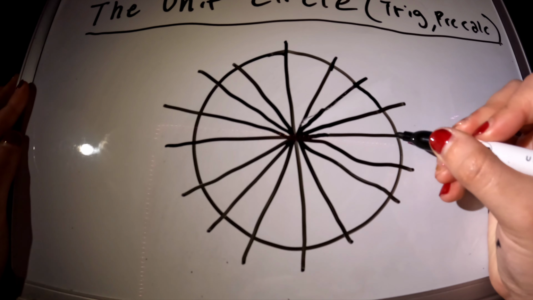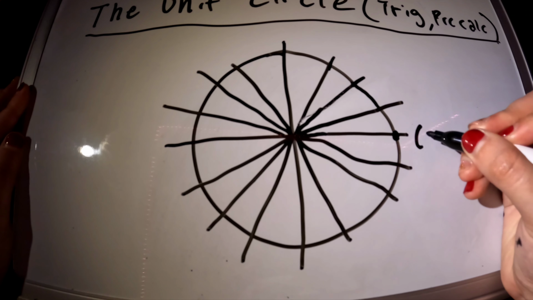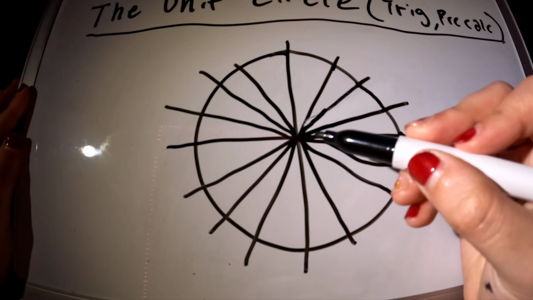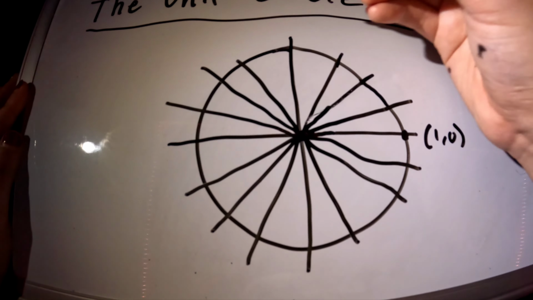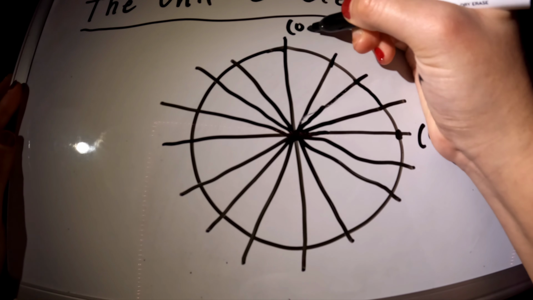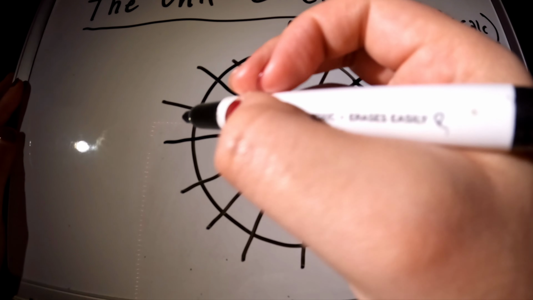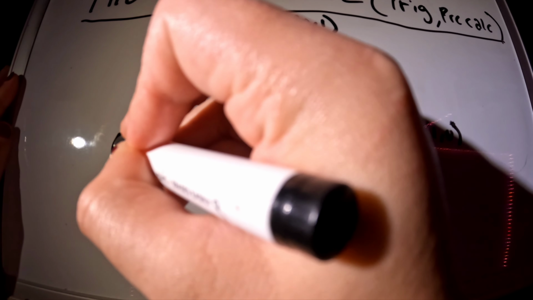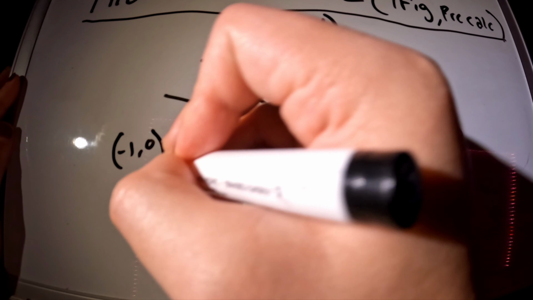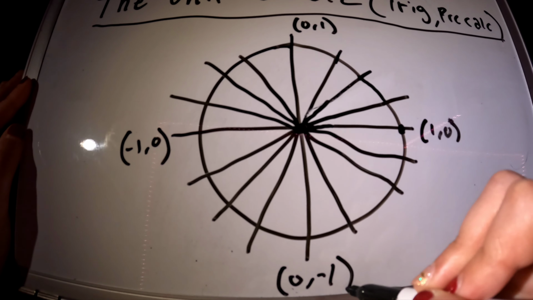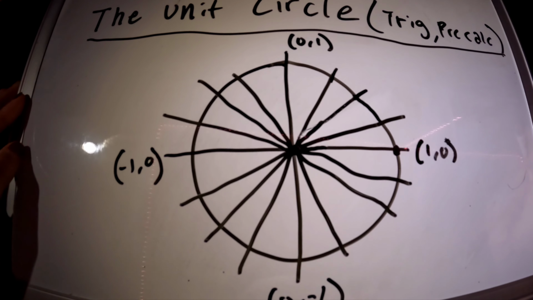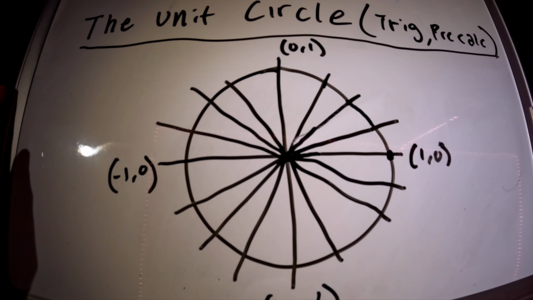This point right here is (1, 0). If you think about this point right here as the origin, that's (1, 0). This point right here is (0, 1). This point right here is (-1, 0), and (0, -1). Alright, so when you think about a triangle,